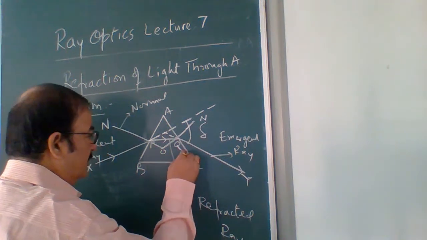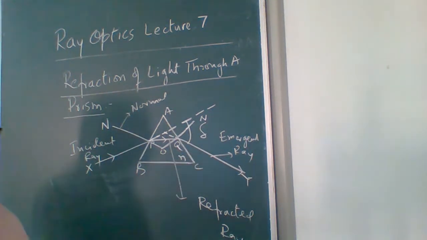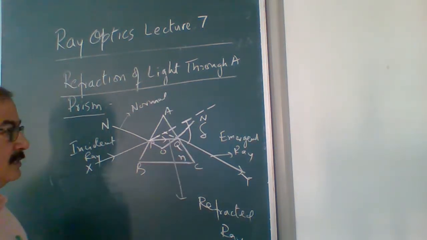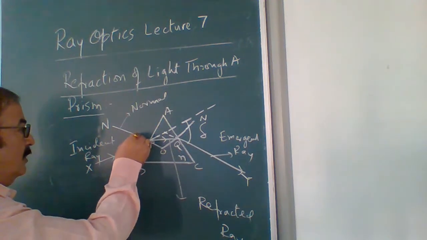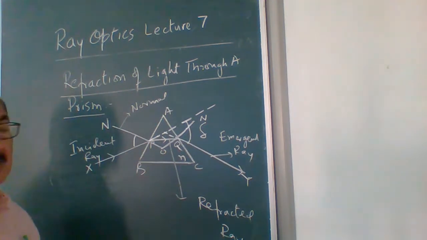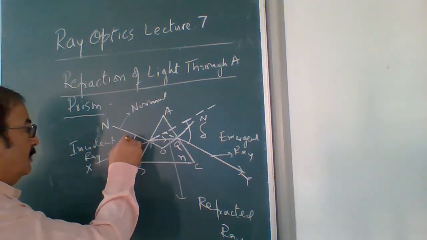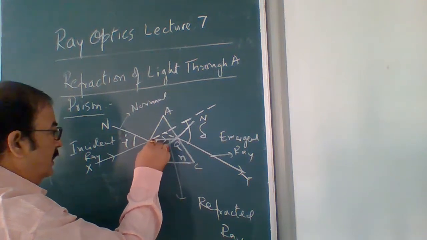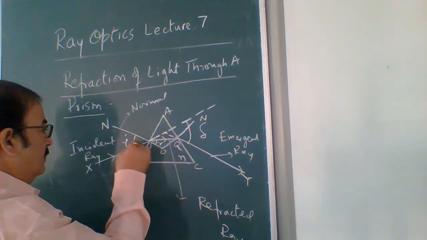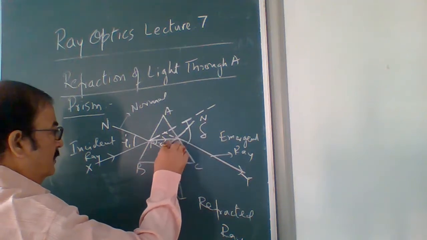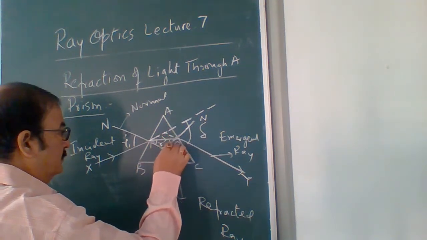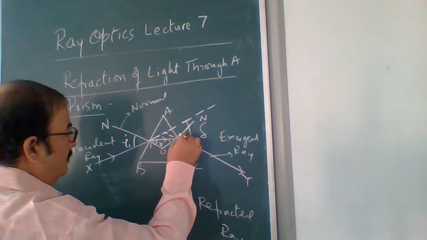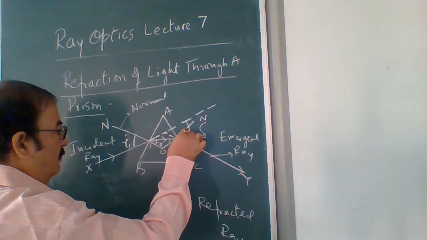In the medium, the refractive index is just n. We are considering the refractive index of this denser medium as n. This is our angle of incidence, because the angle between the normal and the incident ray is the angle of incidence I. This is the refracted ray and the normal, angle R. We may write it as I1 and R1, and refracted in the same medium it is R2, and the angle of emergence is I2.